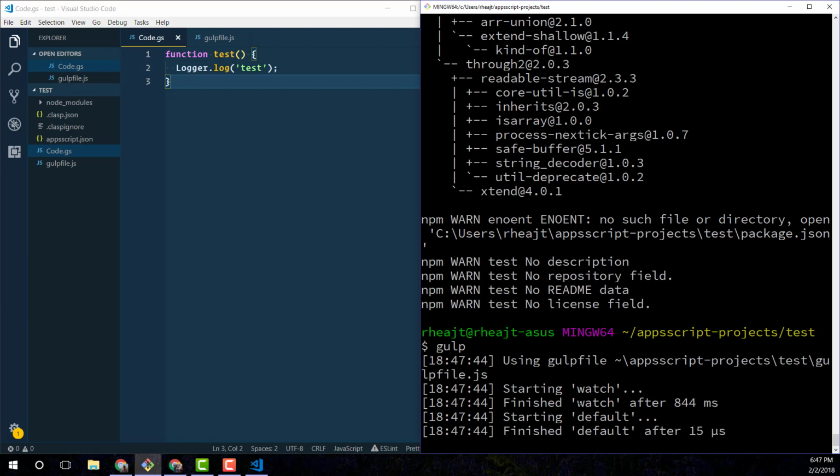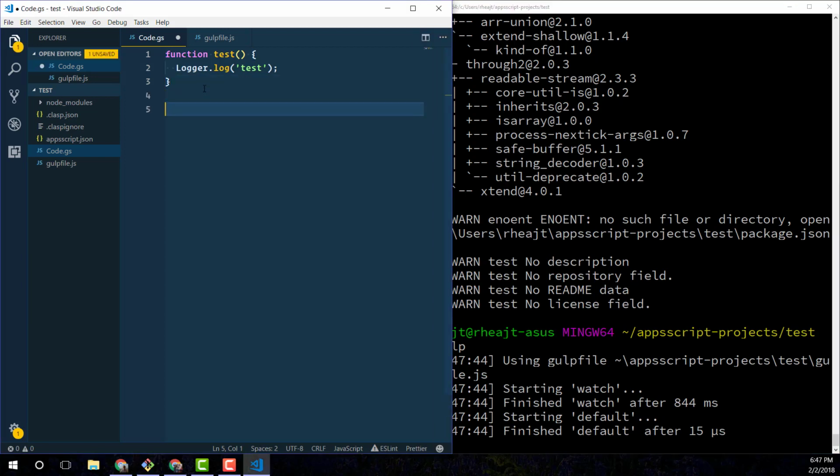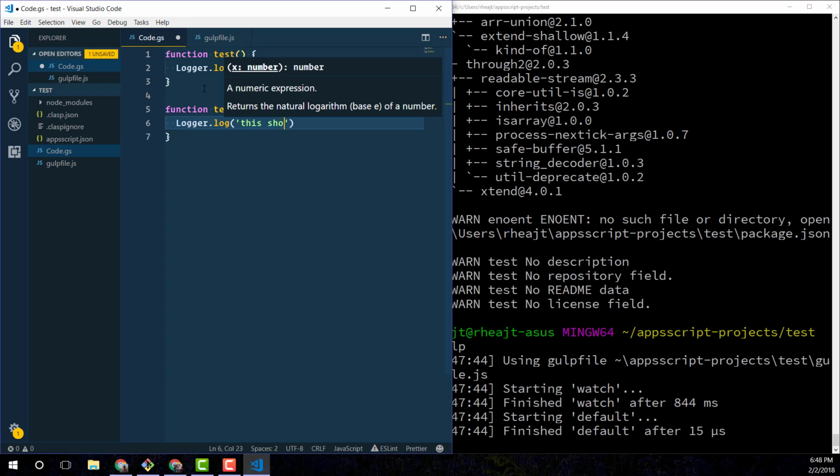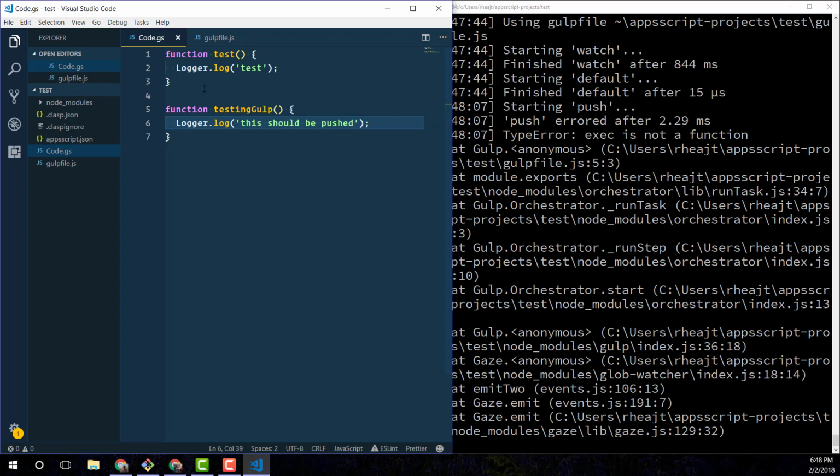Let's make sure. Function. Testing gulp. And log. This should be pushed. And if I save that, oh, something crashed. So it's definitely watching. Exec is not a function. So in my gulp file,